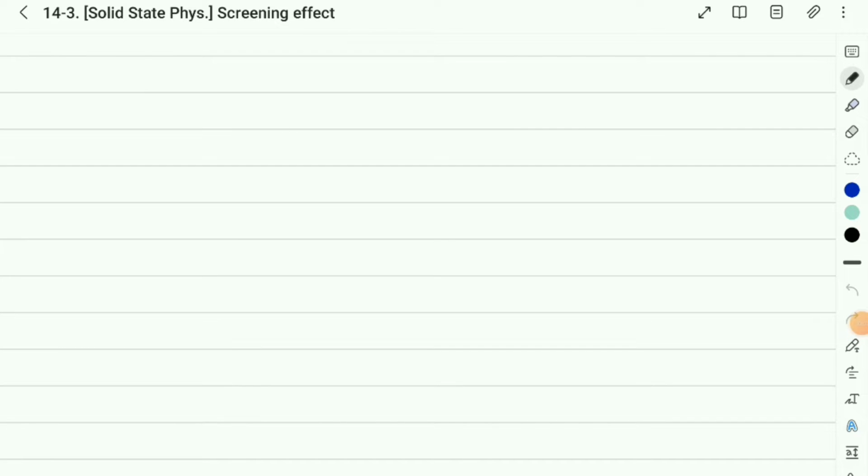This time, I will talk about the screening effect. As you know, a solid is composed of electrons and ions, and the positive ion is the background. If we think about the positive ion, then the